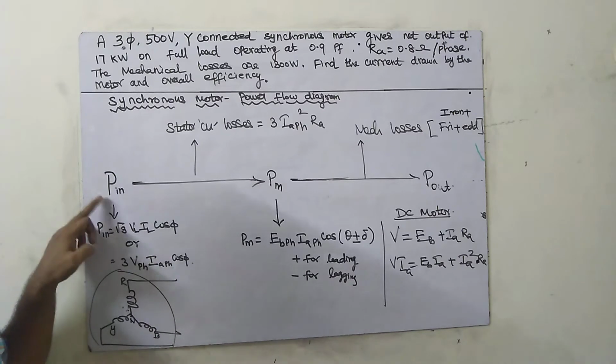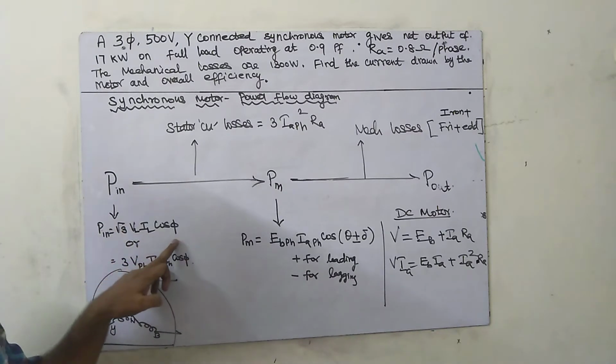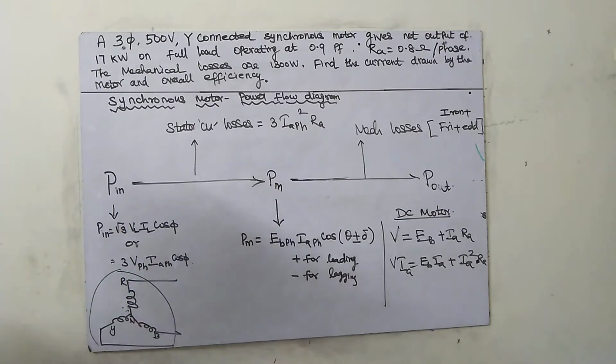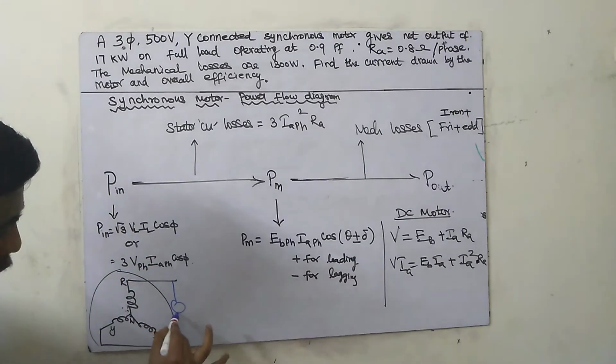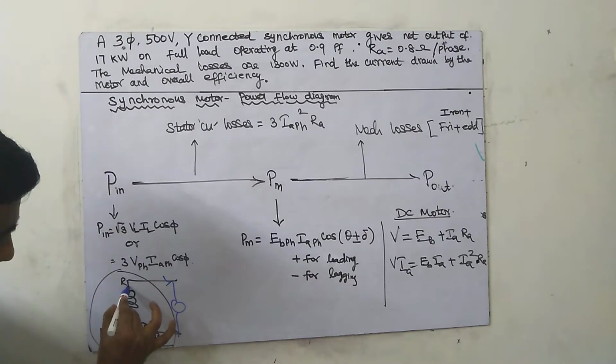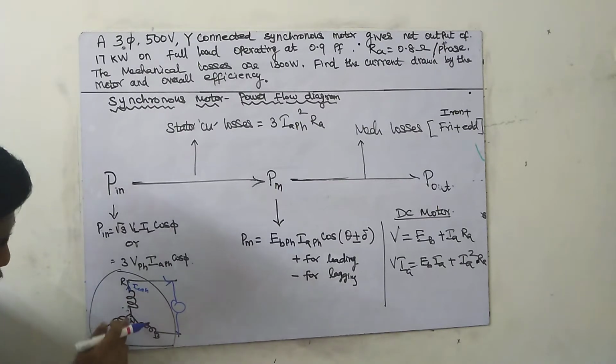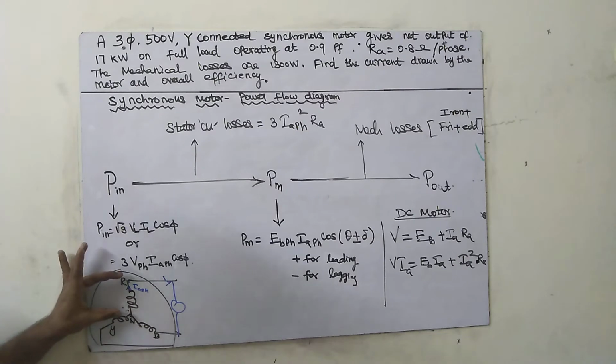So what is the value of energy? 3 phase or single phase? 3 phase supply. So 3 phase, P in, equal to root 3 VL IL cos phi, in terms of line voltage. What is line voltage? This voltage is called line voltage and this current is called line current in a star connected network. This current, inside, is called phase current, IA, armature current, phase value. This voltage across R to neutral is called phase voltage.